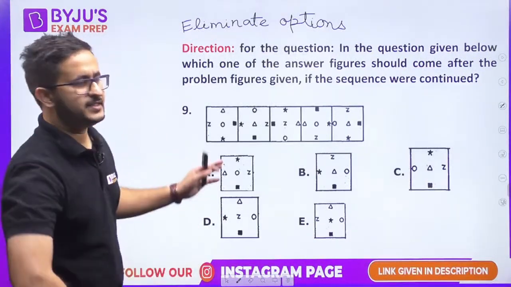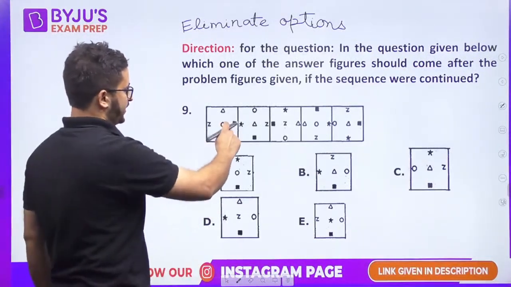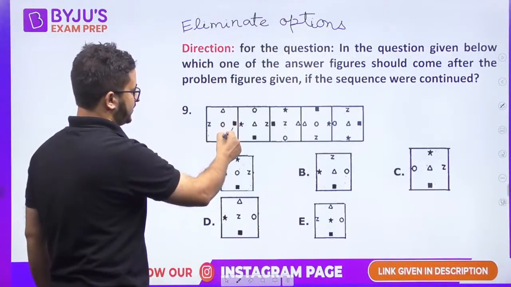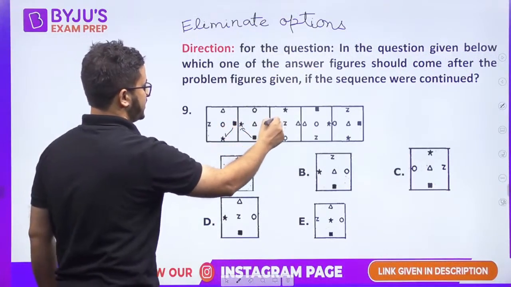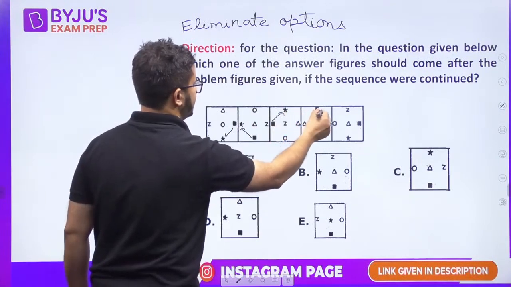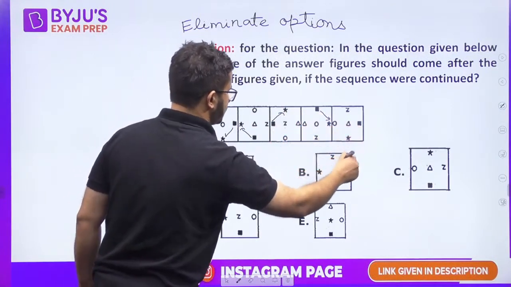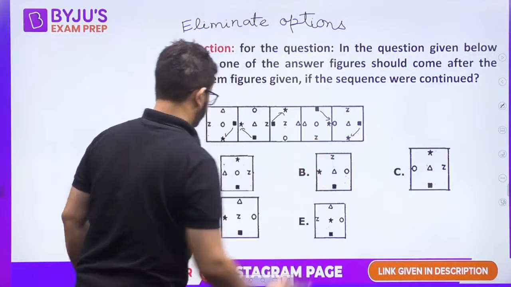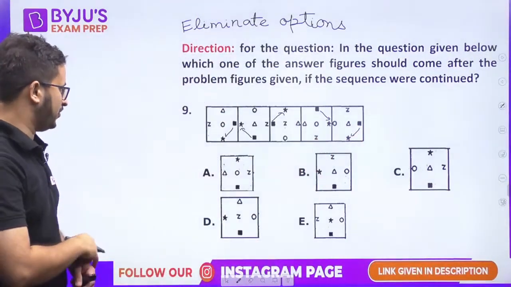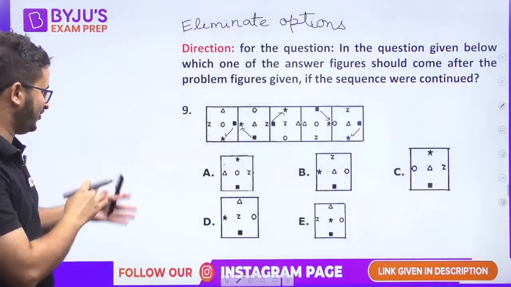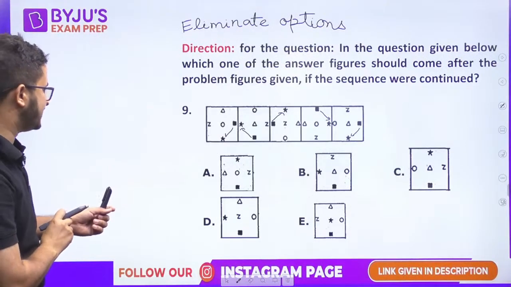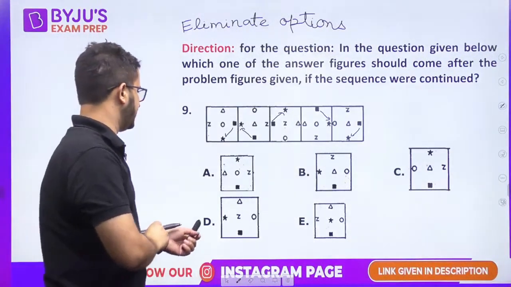So how do we do this? Let us see the elements. Let us see this square. This black square moved from here to here. Then it went from this side to this side, then from this side to this side, then from this side to this side. So this should come at the bottom. Okay, it is in the bottom in all the images. So not worth the effort looking at this. Let us see some other thing.